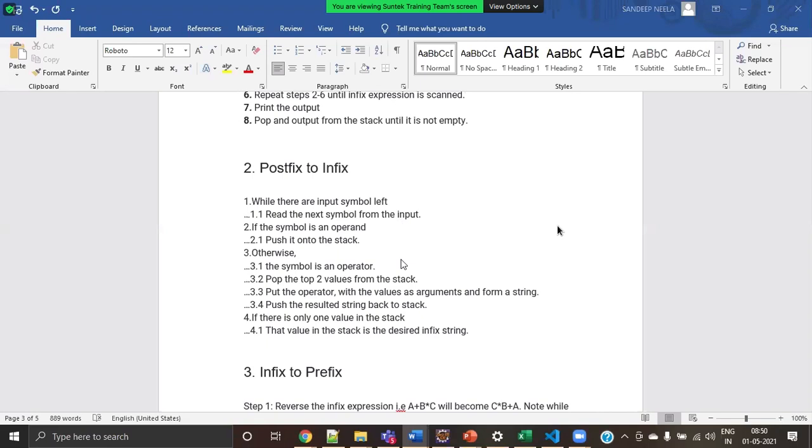Okay. So while there are input symbols left, that means A, B, C, anything, read the next symbol from the input. If the symbol is an operand, push it onto the stack. It is the reverse of that one, right? So previously what we did, if the symbol is an operator, we pushed it. Otherwise we,